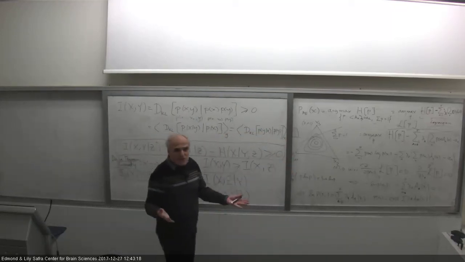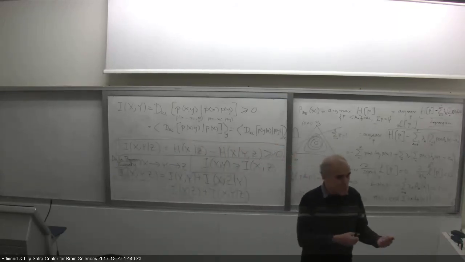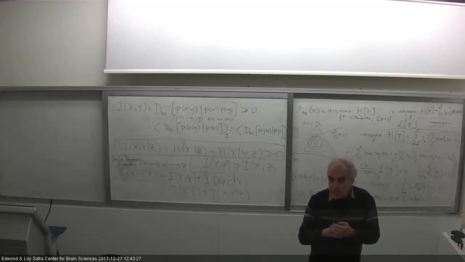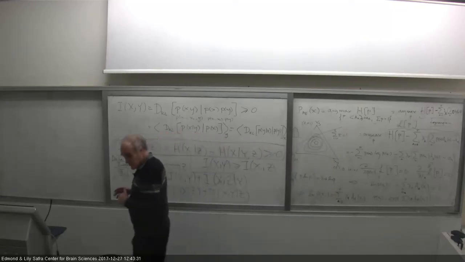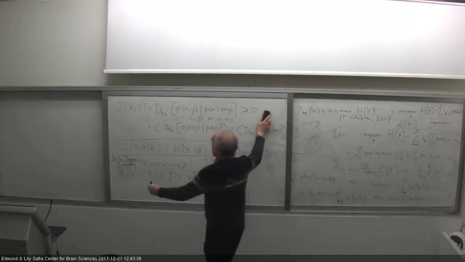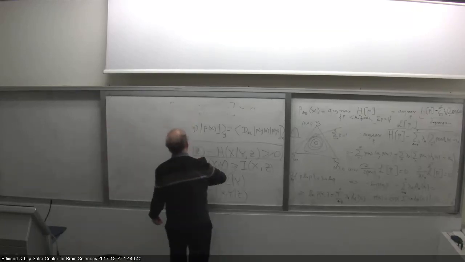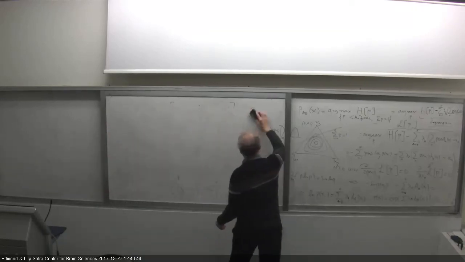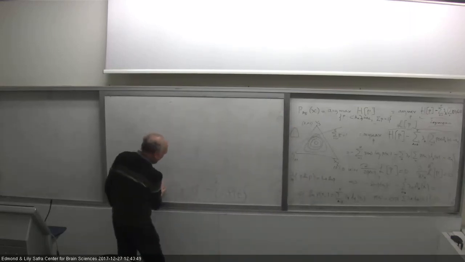So far I gave you all sorts of technical reasons why entropy is interesting. It obeyed the chain rule, it obeyed the branching axiom, it seems to be a reasonable measure of uncertainty, and so on and so forth. But all these are not the real reasons why this is such an important function. The real reasons come from the following identity, which I'm going to just begin now and continue on Monday. And this is really the most important discussion that I had so far in information theory.